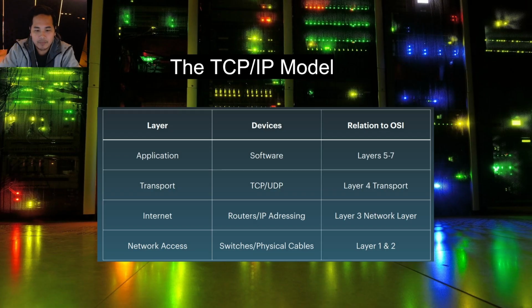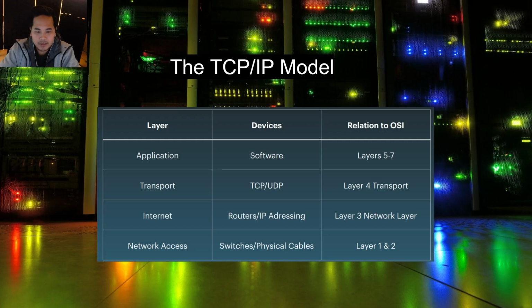The application layer combines OSI layers 5, 6, and 7: session, presentation, and application become one. HTTP, DNS, SMTP, they all live here. From the network perspective, everything above transport is just application data. Basically, they shortened it. The transport layer maps directly to OSI layer 4. TCP and UDP, port numbers, same function, kept separate because end-to-end reliability is too critical to merge. The internet layer maps to OSI layer 3, IP addressing and routing. This is where packets cross network boundaries. The network access layer combines OSI layers 1 and 2, physical and data link together: Wi-Fi, MAC addresses, cables, all of it.